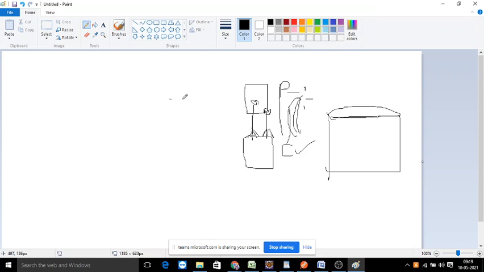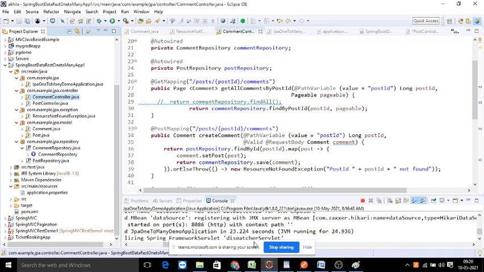Now using Spring Boot Data JPA, as usual we will be creating JPA repositories. We must have a JPA repository for both the entities: a JPA repository for the post table and a JPA repository for the comments table. So in your case studies, when you develop an application and have multiple tables associated using a relationship, every entity should have a repository. That's what we are going to do.